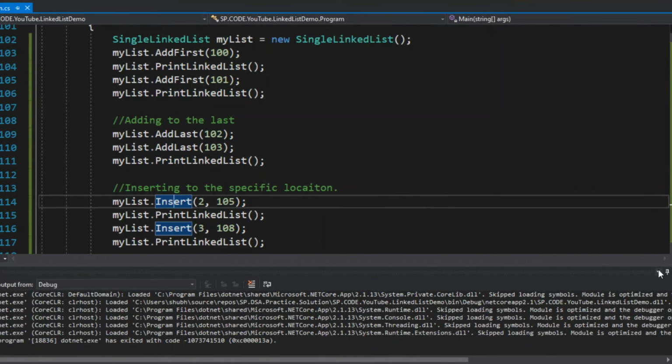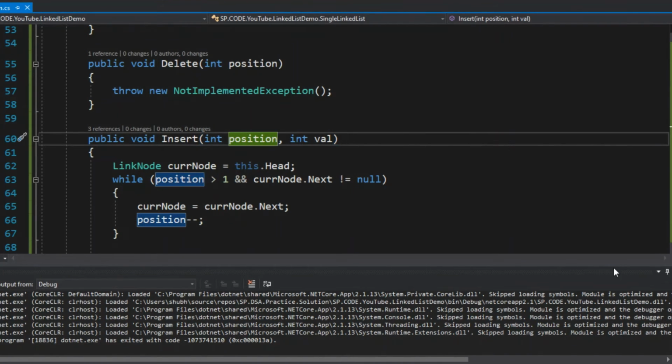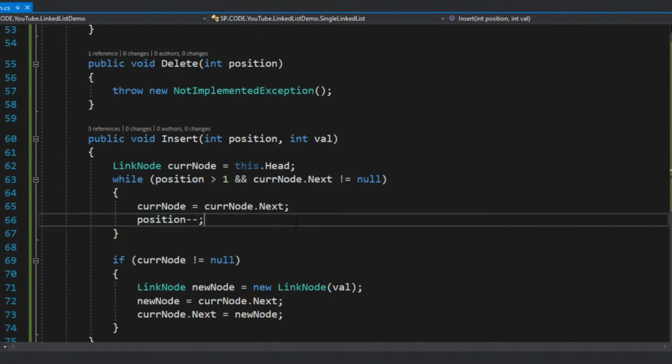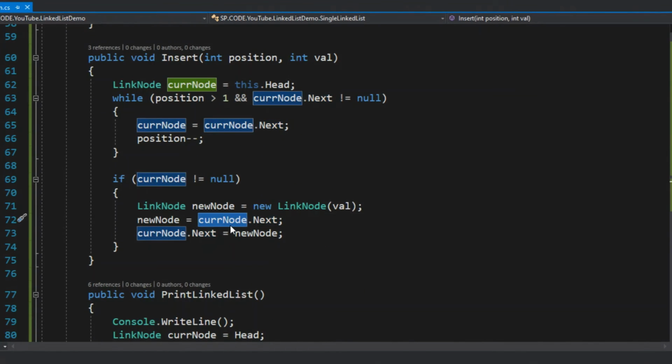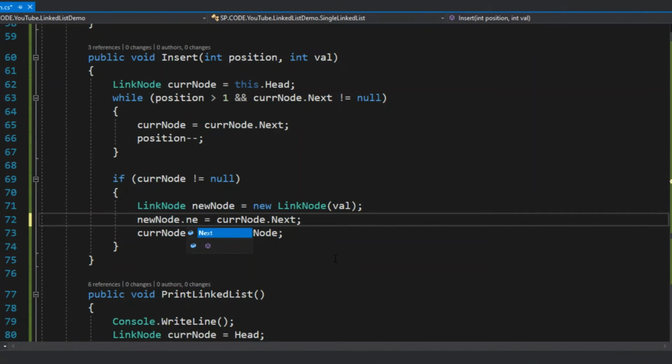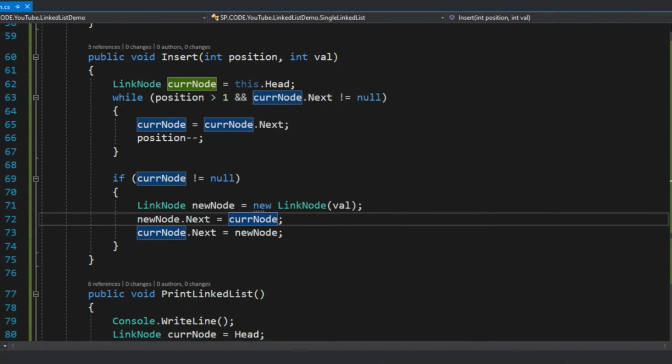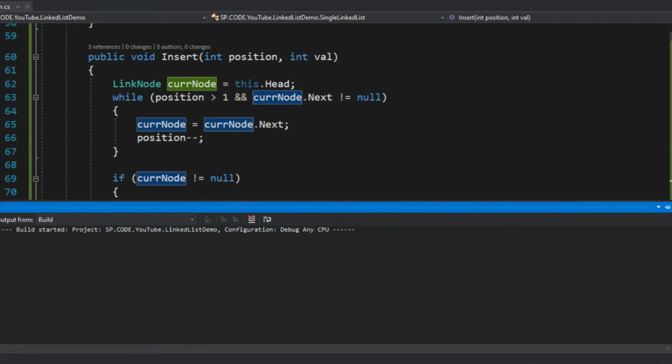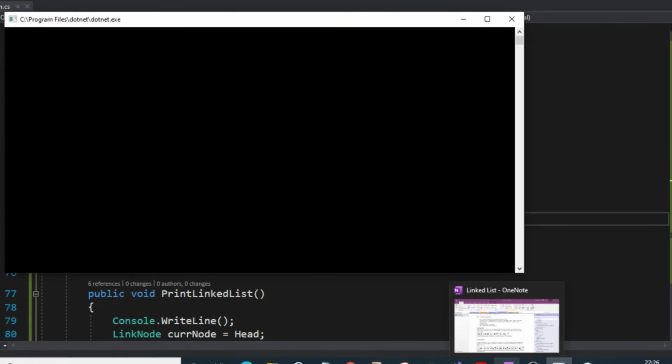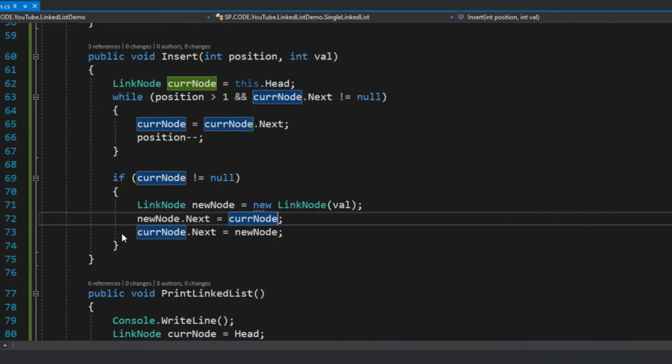Okay, so insertion, it looks like positions. Sorry, I think here I did a little mistake.